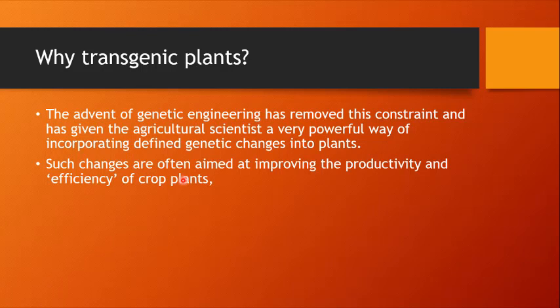So mostly, what are those changes which are made by using genetic engineering? Due to the increasing population of the developing world, it is very difficult to fulfill the food requirement. For example, we have crop plants like wheat and rice. These two are mostly the staple foods used throughout the world. To fulfill this food requirement, there is a need to increase the productivity, the yield of those plants. So first of all, the scientists are concerned with increasing the efficiency of the yield of those crop plants, and second we have the efficiency of crop plants.